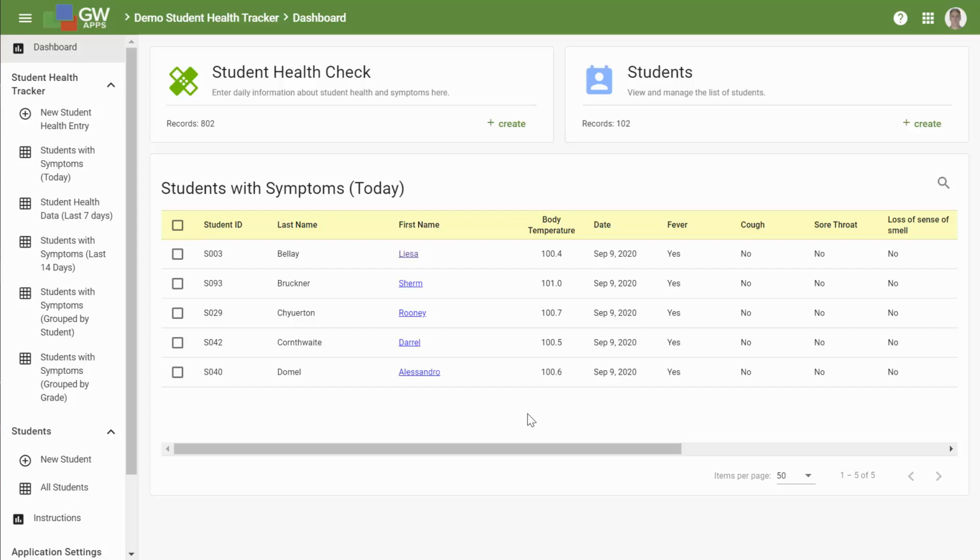When you first start the GW App Student Health Tracker application, you get taken to this dashboard, which shows you the key information of students who are showing symptoms today. So, students who have a temperature of above 100.3. If I were a student, all I'd need to do is come here to create my daily student health check